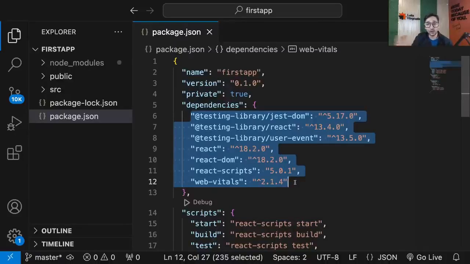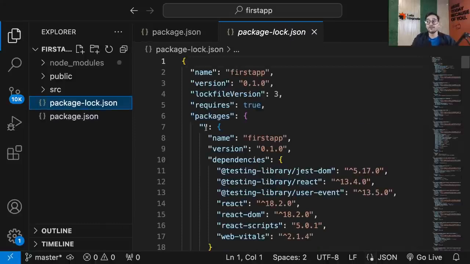Secondly, not only this, if in future, okay, I'll tell you that later, like the third importance. First, guys, this is the configuration file of your project, a metadata of your project, a description of everything about your project. Okay. Now then, you also have something called package lock, which is, you can say, an extended version